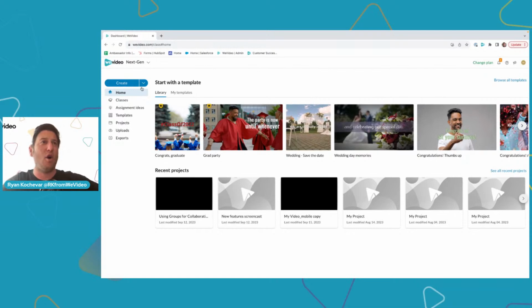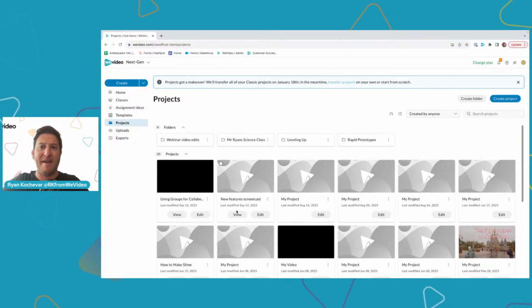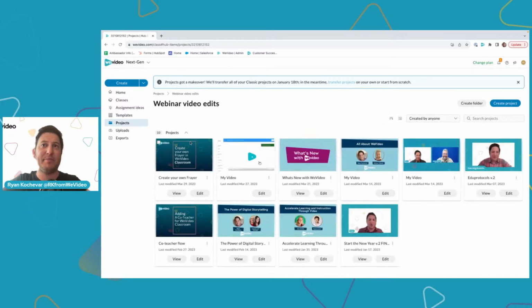So if I navigate back over to NextGen, and I select projects, we'll talk about uploads and exports in a little bit. I mentioned exports just a minute ago, but I'm going to navigate to projects, and we will come back here to learn how to create a project and look at the editor. But what I want to point out is a couple things. We have the webinar video edits project moved over as a folder,